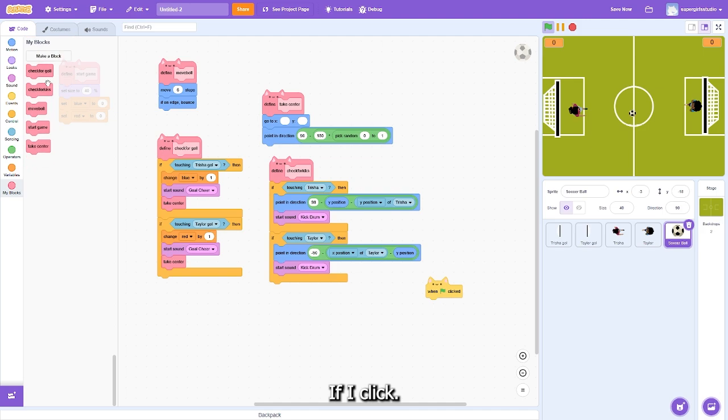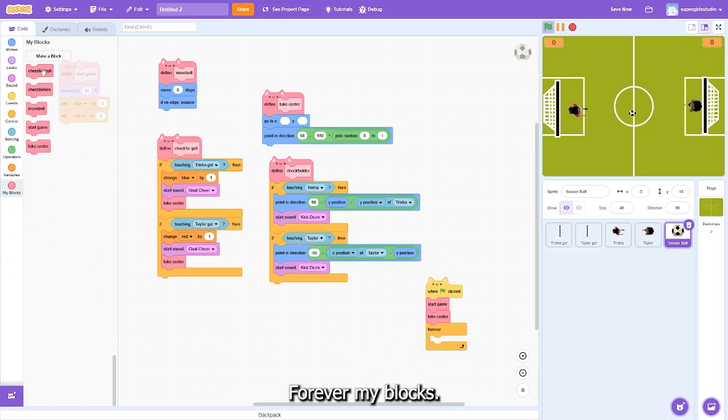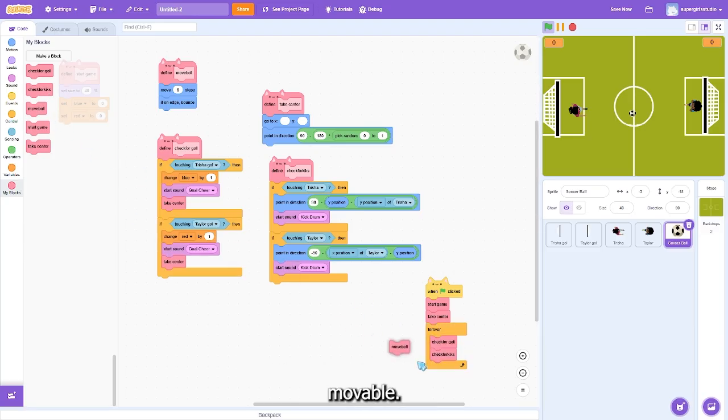So I'm going to do a quick code. When green flag clicked, let's put start game and take center. Then we're gonna go to control, forever, my blocks. Now we're gonna check for goal, check for kicks, move ball. Now if we test out our code,